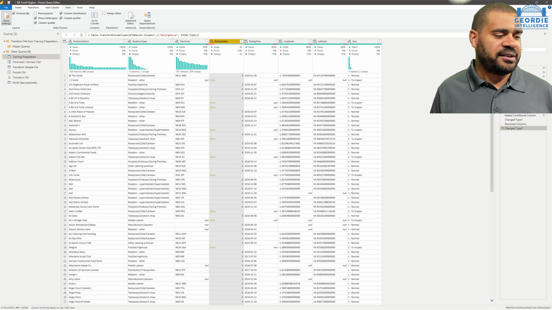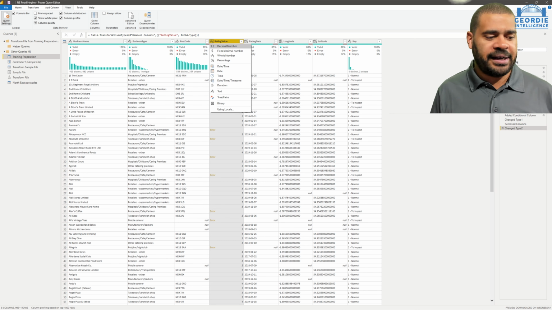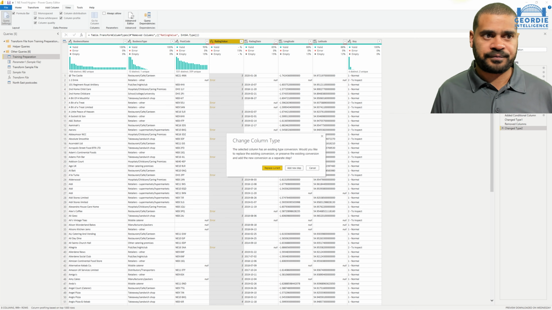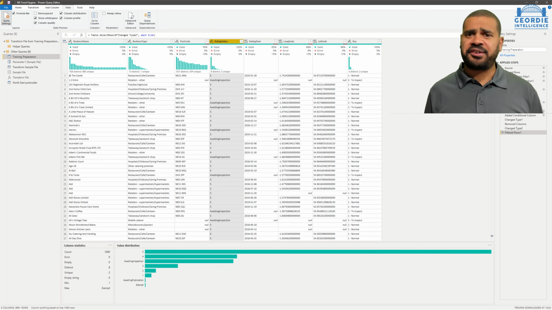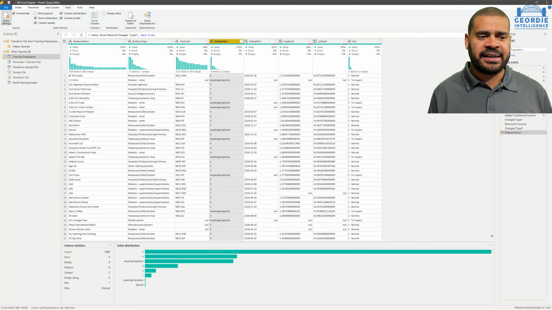So what I'm going to do is, instead of it being a number, we click on the top left of the column, right? And we can pick text. And we're going to replace the current step, because the current one was just changing it. All right, so we've got that set to text now, and you can see what's going on behind the scenes. Why it was the right decision to take.